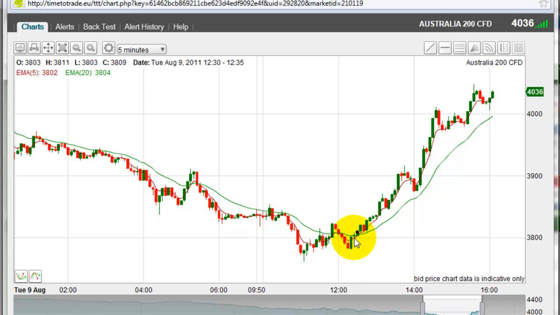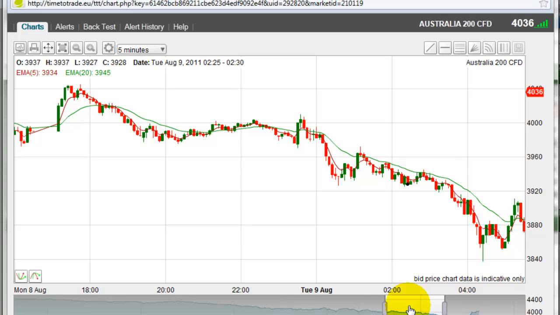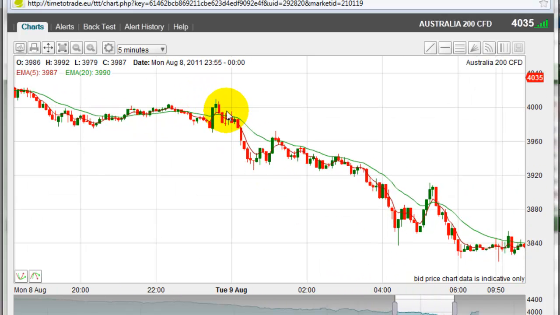So you would have taken a loss through that little trade there, and then as the 5-period moving average crossed the 20-period, you would have entered a long position just through here, and you'll notice that's just over 3,800 points. Now this is a 5-minute chart, so this is just today's trading action, and you'll notice from 3,800 points over 4,000 points, 200 points in a day is quite significant. So this moving average system once again is excellent during trending periods. As you'll notice here, you could have entered a short position there and rode this all the way down until about this position here. So you would have been entering just under 4,000 and exiting around the 3,880, locking in